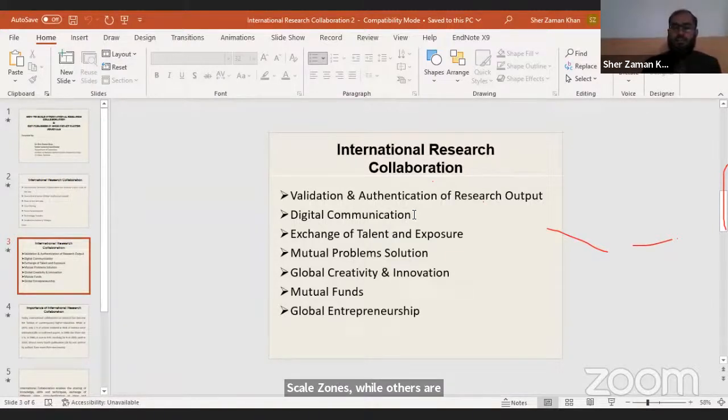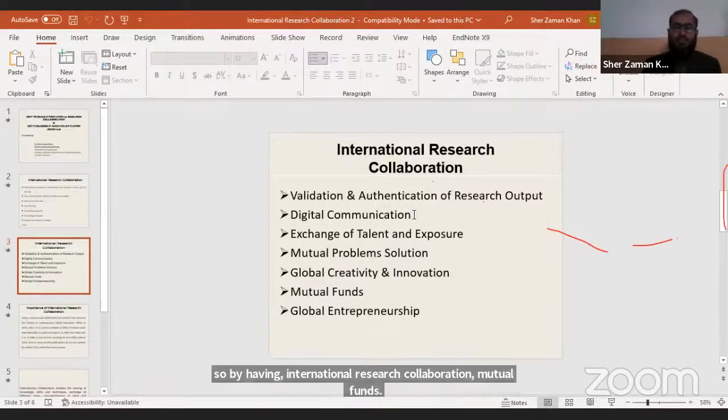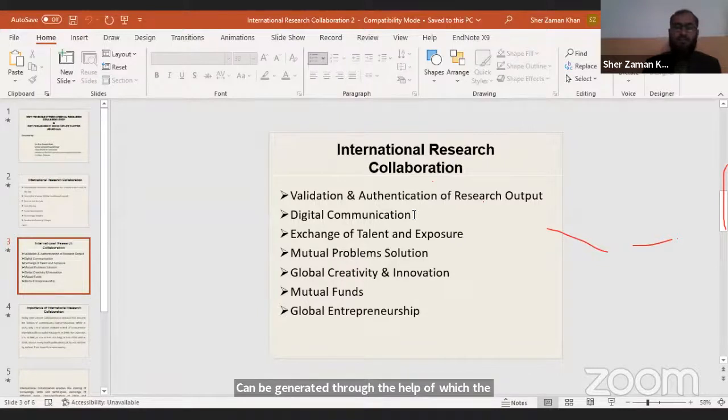So by having international research collaboration, mutual funds can be generated, through the help of which researchers can be facilitated, can be sponsored for conducting their real and deeper research, for finding solutions to